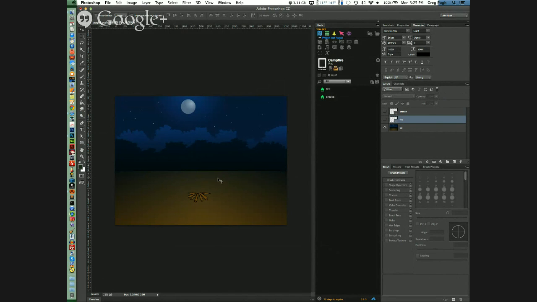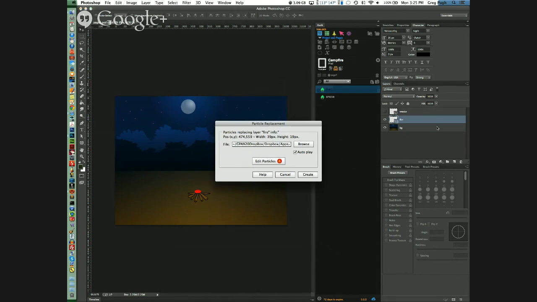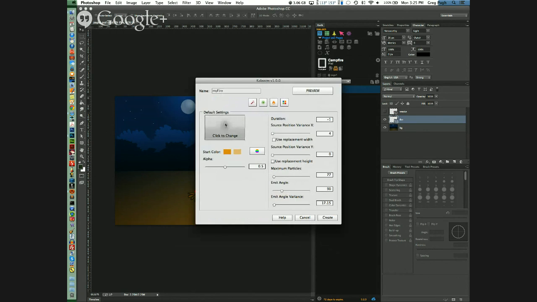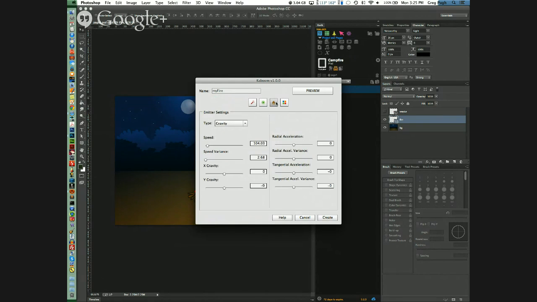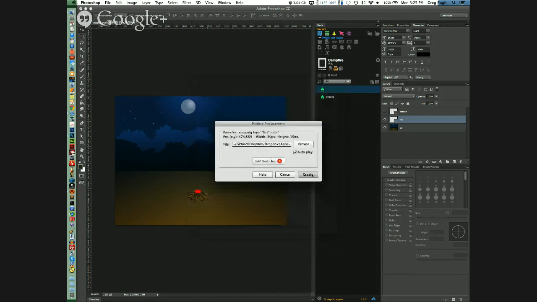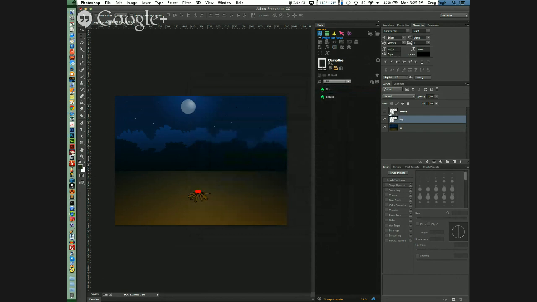So all I did was a quick background drawing in Flash, because that's my preferred drawing tool, and brought it into Photoshop. And then I just drew a little oval above the pile of wood here, and I called it fire. And then I opened it up in Kaboom, and I created new particles. I used the standard one that came with the software, just this little faded circle, changed it to orange, played around with some of the settings and the gravity, hit create,